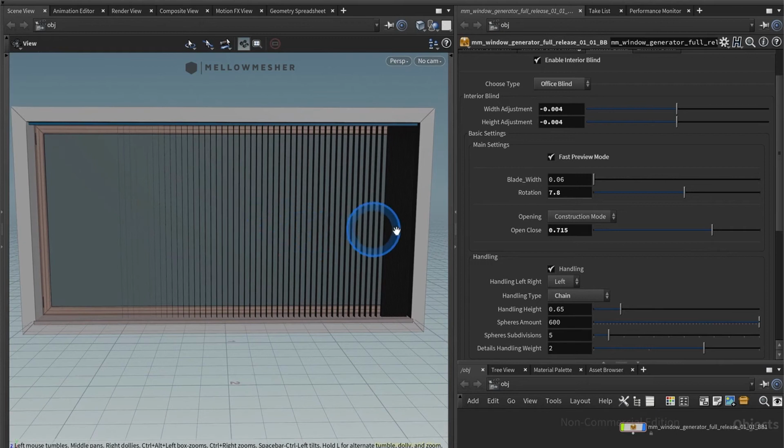So be careful with that, or read the instruction for your host application. So I just leave that in construction mode. So here you have settings for the handling. You can have that on and off, and so it's here because I cannot see the handling right